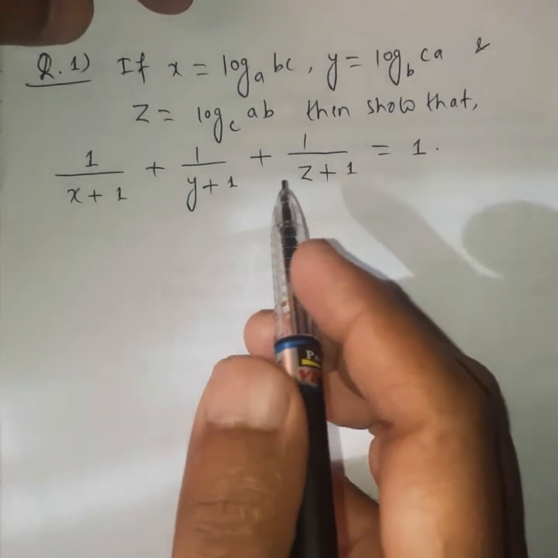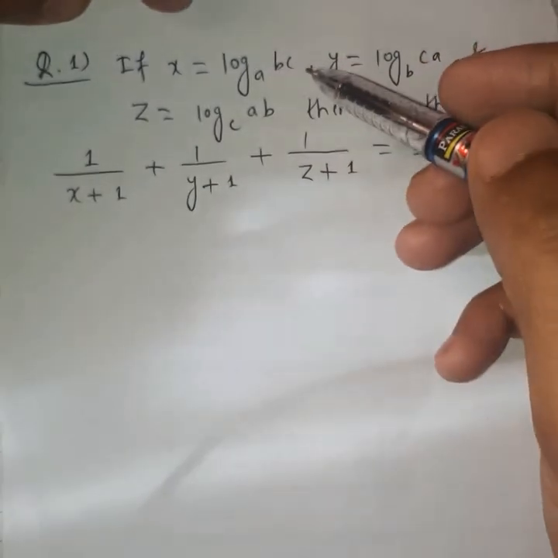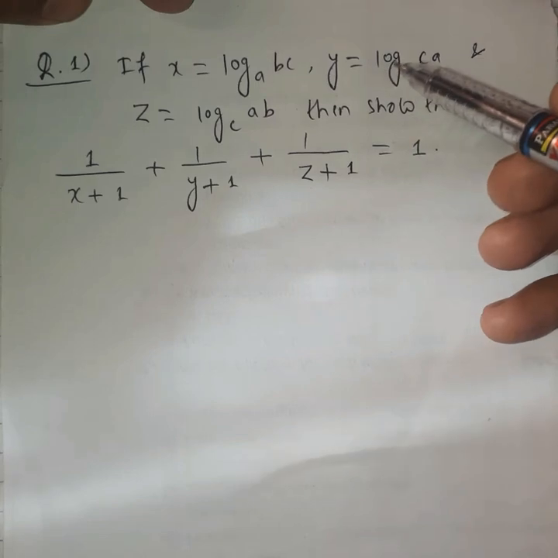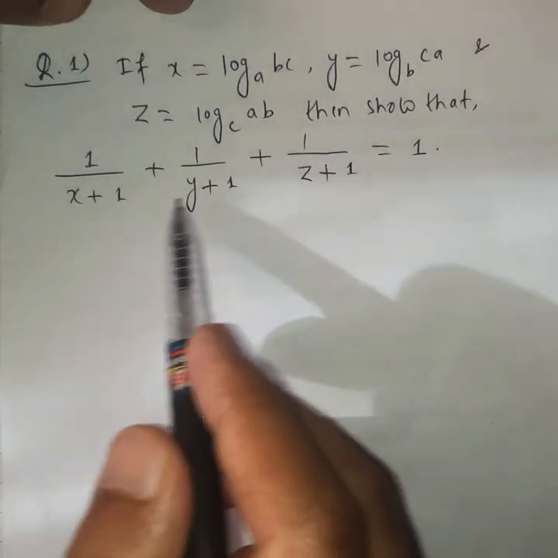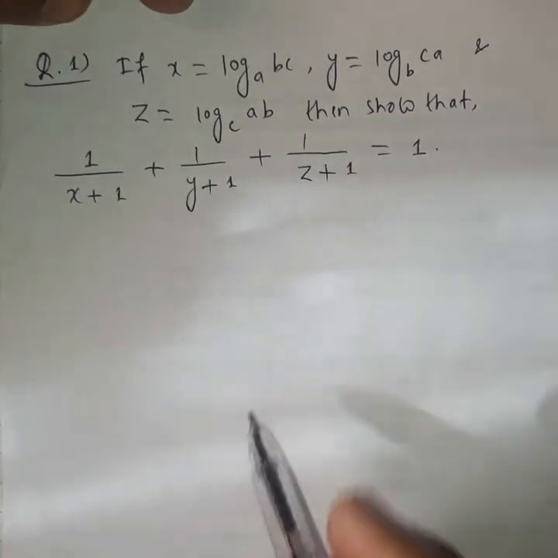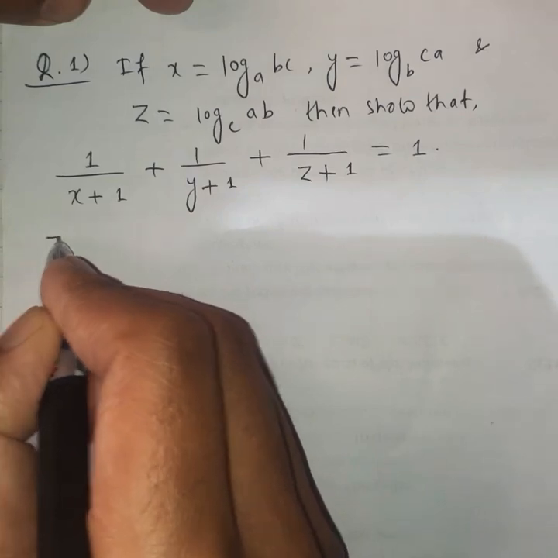And today's question is: the value of x is given in terms of the logarithm, log with base a of the number bc, and the values of y and z are also given. We have to show that the result of these expressions is 1. At first, let me write the given information here. The given data,